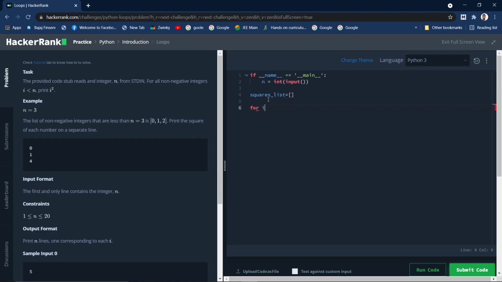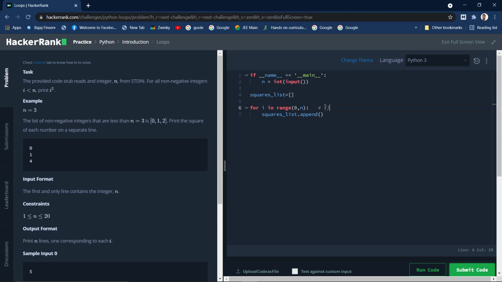So for i in range of 0 to n, squares dot append. There is an append method which adds items to the list at the end. Here you need to pass a value to be added, which is the square of the number. So i will contain the numbers which are less than n. Actually range returns a sequence or iterable.